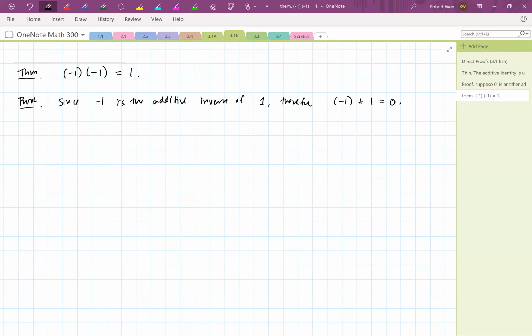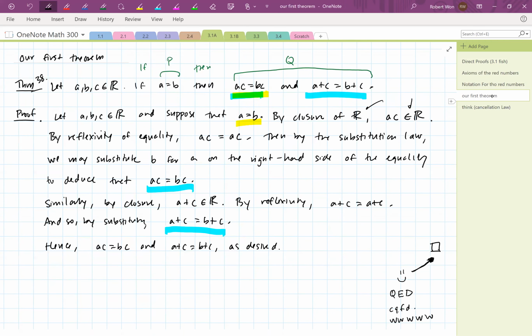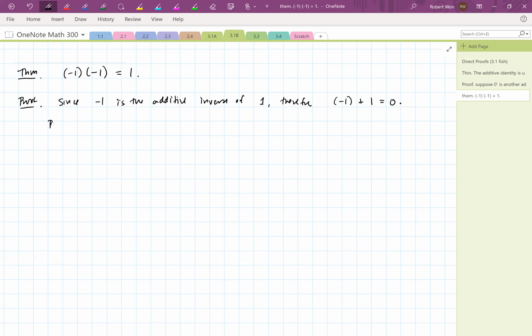Okay, so now what I'm going to use is what we called Theorem 38, which is that I can take an equality and multiply by any real number and maintain equality. So now by Theorem 38,